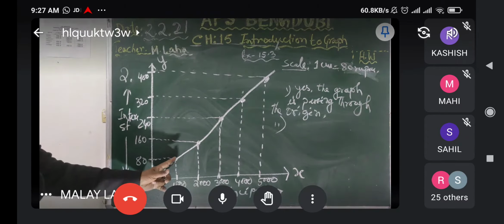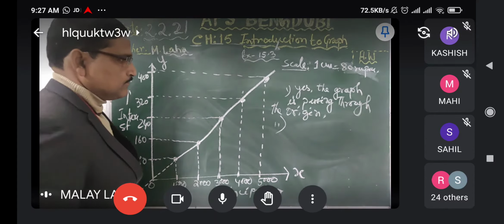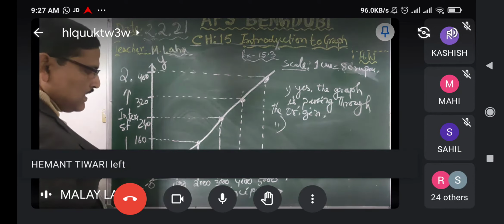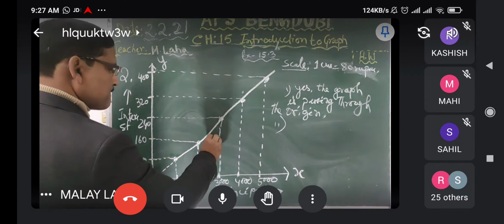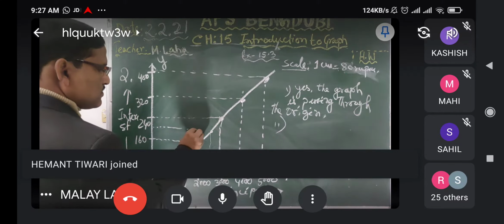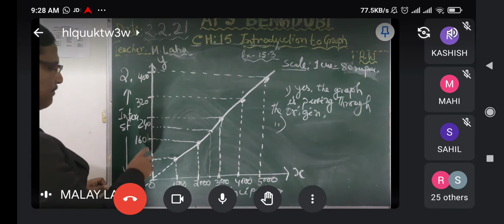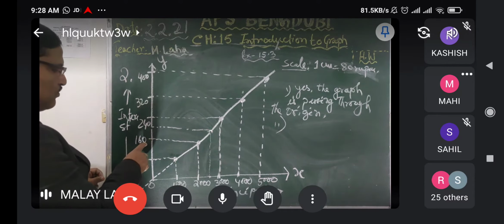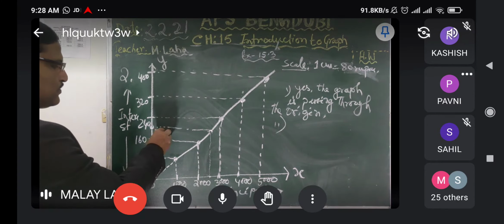Passing through the origin. You see? If you draw the back side, it is passing through the origin. O is the origin. Now, how much interest will you earn on 2500? 2500 lies between 2000 and 3000. So here is the position of 2500. Draw a perpendicular line here, and from here also. So 2500 rupees will earn what interest? How much? 200 rupees. In between 160 and 240, it is 200. So here is the position of 200.